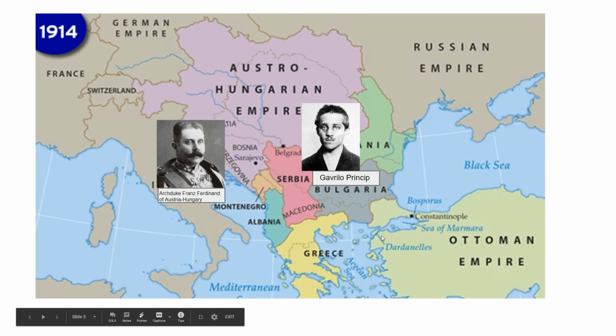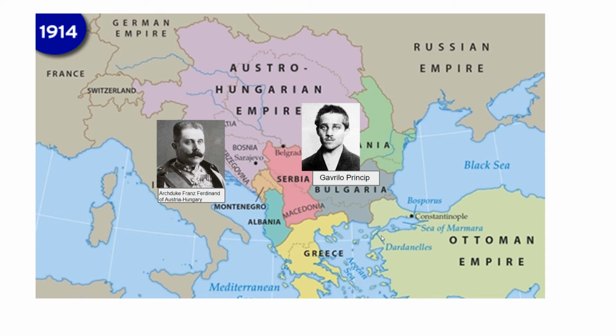And so the event that's actually going to start World War One is kind of centered around this conflict of the Austro-Hungarian Empire taking this area here. So, in an attempt to show goodwill towards the people of Bosnia, Austria-Hungary wants to prevent war, some sort of maybe civil war breaking out as much as possible. So they sent the Archduke Franz Ferdinand, who is the heir to the throne. That means he is going to be the next emperor once the current one is finished. They send him on a trip to meet the people of Sarajevo.